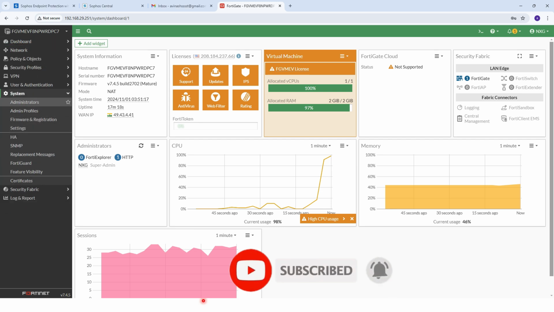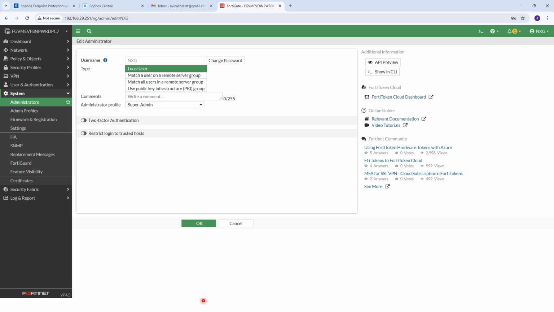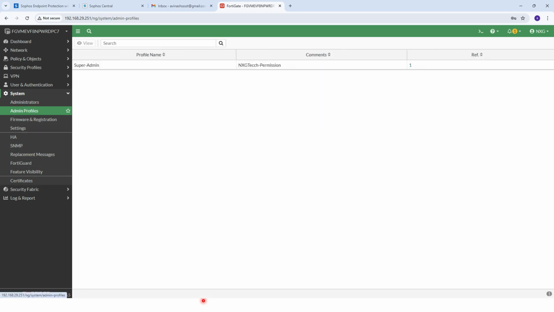You need to go to System, Administrators, and in the administrator section you can see the current active user NXG, and this NXG user has the super admin profile. If you double tap on this, then you can see, and if you want to check more, then you can go to admin profile, and you can see here is the super admin profile, which is NXG tech permissions.